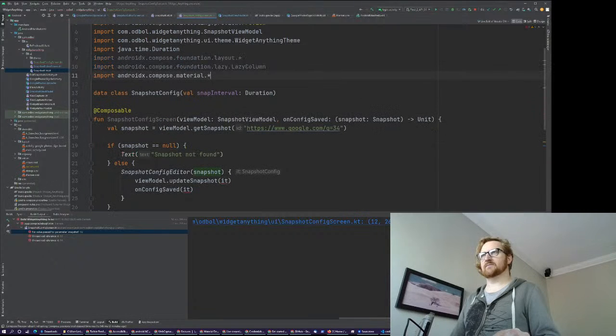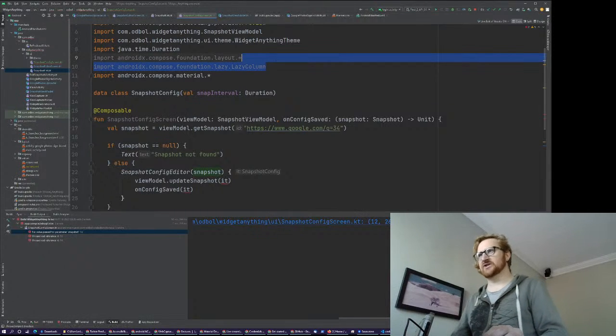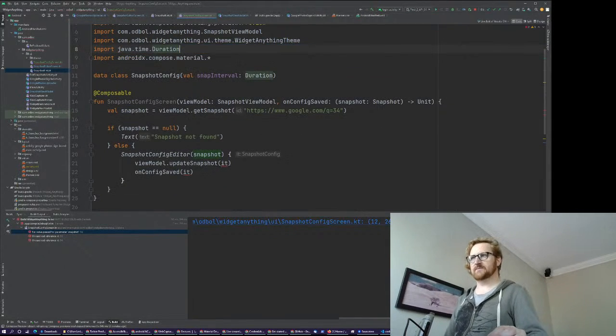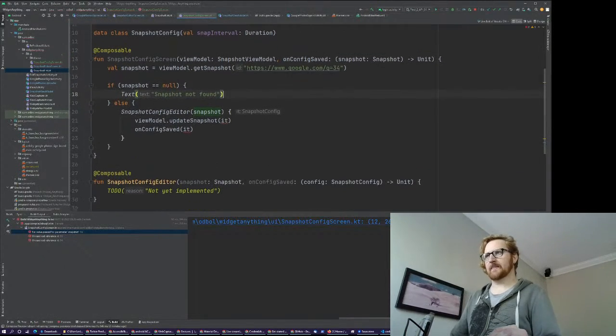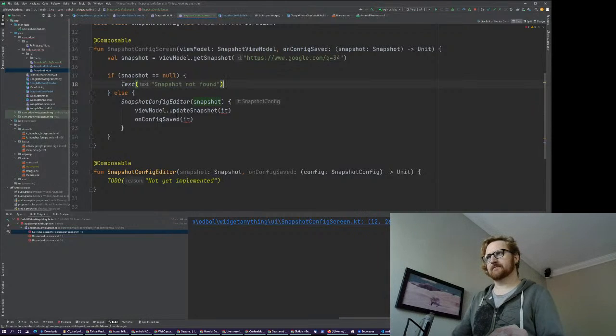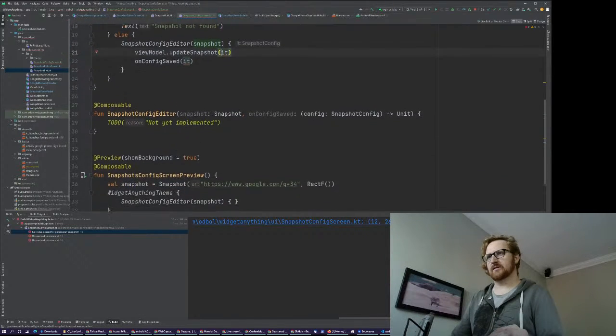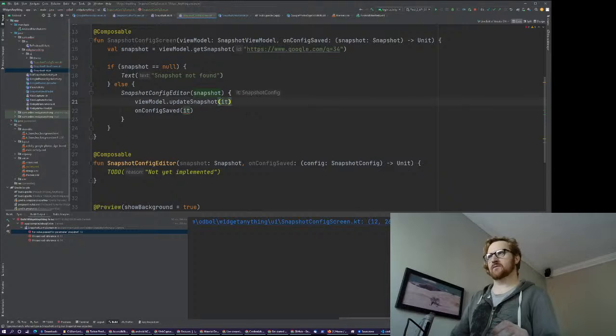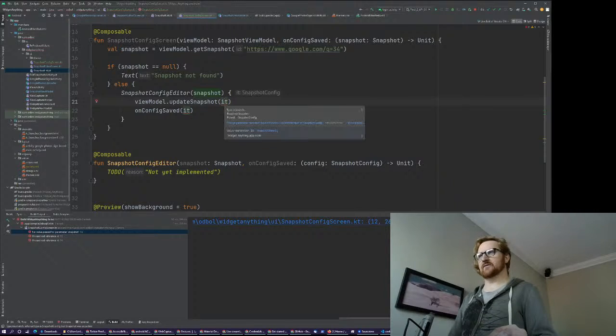Big screen, probably one of those. Material text, interesting. Okay, so now, yeah, now if we,